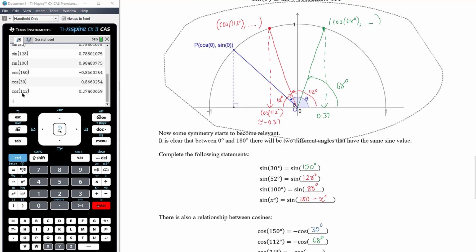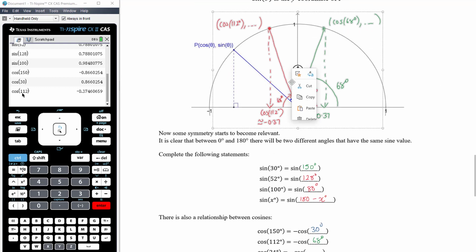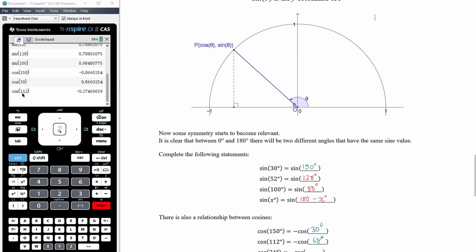So again, let's have a look this time at cos of 24 degrees. This time, 24 degrees is going to be down here somewhere. So that's 24 degrees. That value there is cos of 24 degrees, the x-coordinate of that point. And there will be somewhere else, symmetrically opposite this point over here, where the x-coordinate is the negative of cos of 24 degrees. And that happens at,